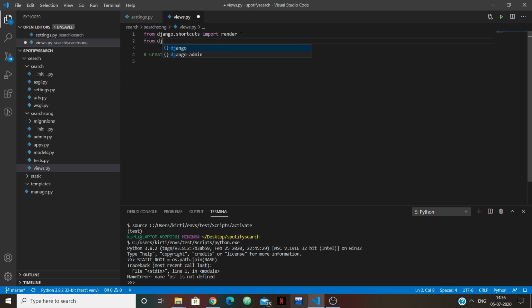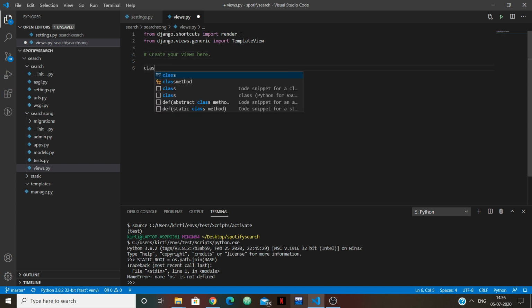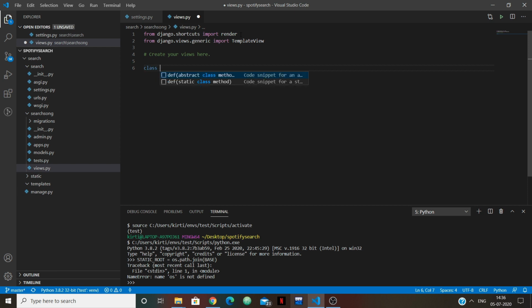From django.views.generic we will import TemplateView, and let's create a view for our home, that is class HomeView.